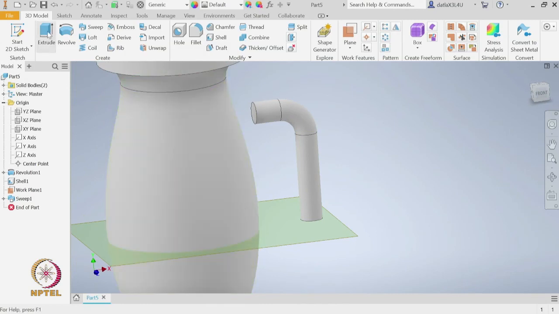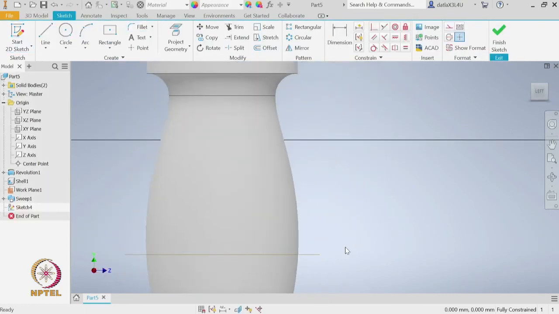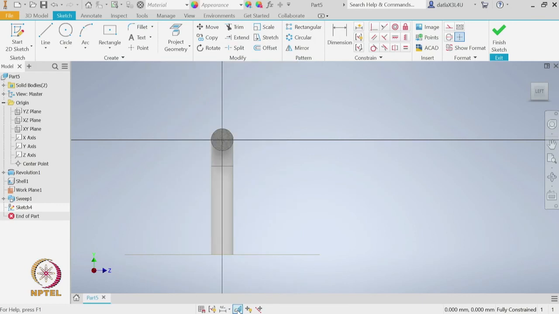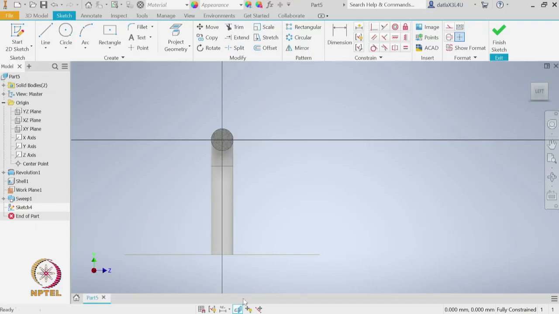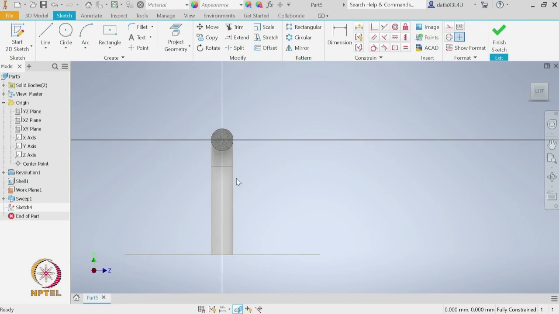So, for that let us do the extrude tool and I will select this end of the handle as the face or the plane where I want to sketch. Now, you see it has gone to the sketch, but the vase is blocking our view. The one way to remove that is to use this, which is slice graphics. So, once I do slice graphics, it removes all the solids which are in between you and the plane that we selected. Of course, I can toggle it back to bring back the solid, but let us again use this tool such that we can focus on the plane we want to create.